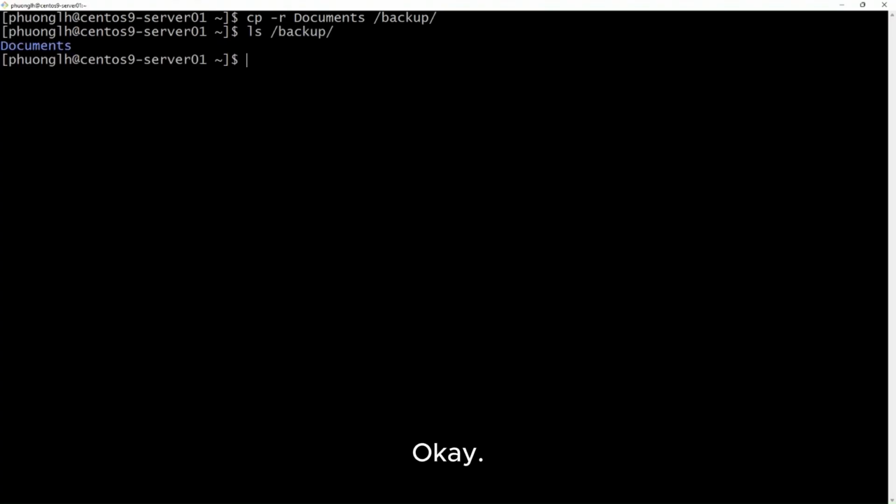When you want to rename a file or move it to another folder, you can use the mv command.